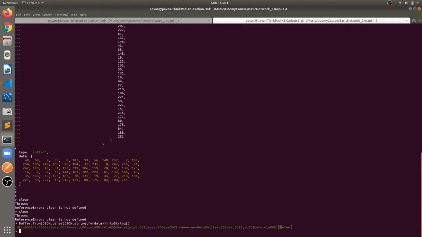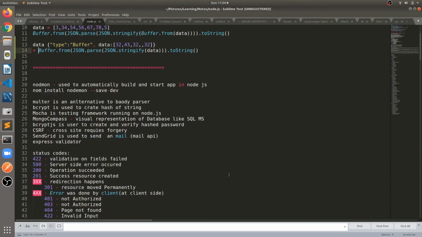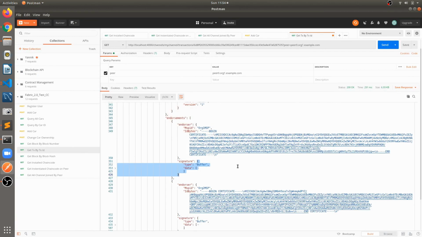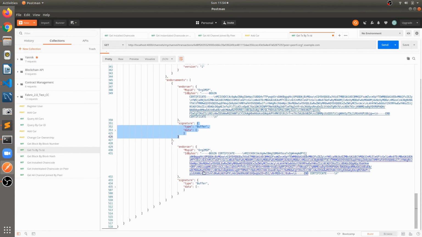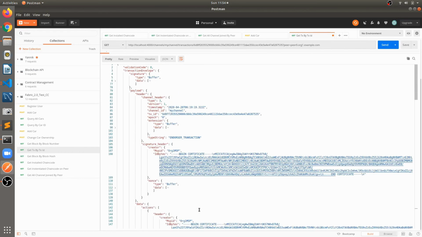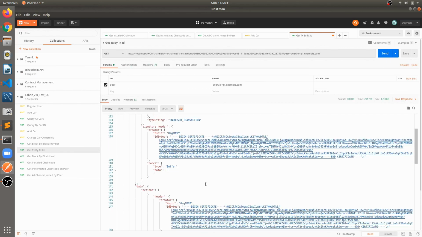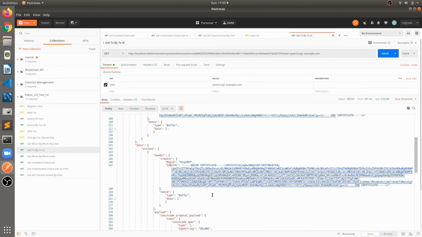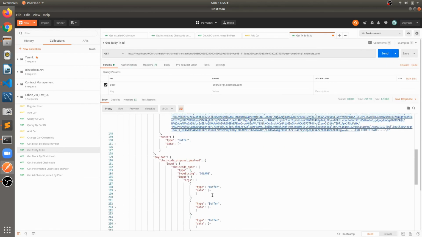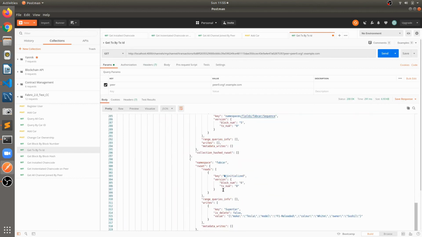This is the signature for that peer. These are the different endorsements available in this transaction. So you can explore everything inside the transaction, what exactly it contains, what the different endorsements are, what the read set and write set are. You will get a lot of information in these transactions.